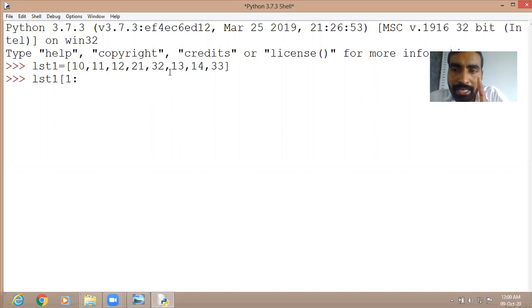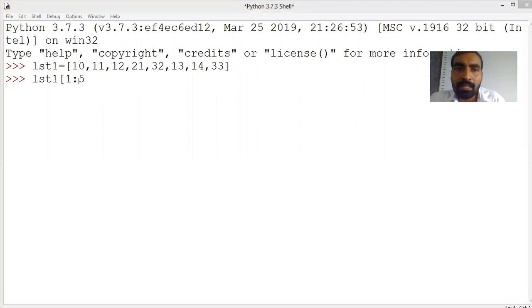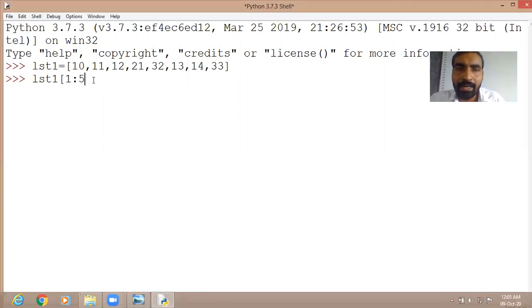And kindly remember the ending index will be the upper limit. If you want up to 32, count the index: 0, 1, 2, 3, 4. It is at index 4, but you have to write one more, 5. If you write 5, then it will provide up to 5 minus 1, that means up to index 4.